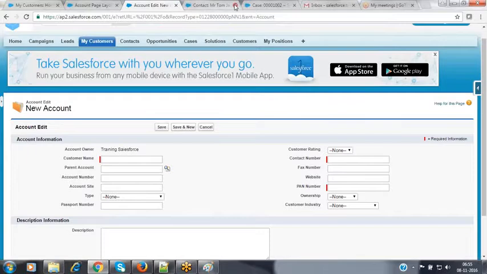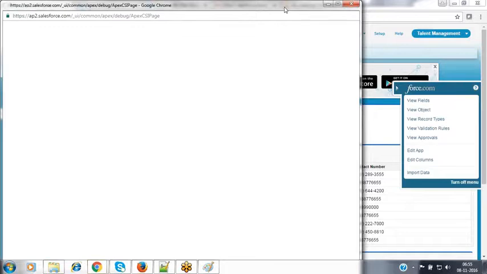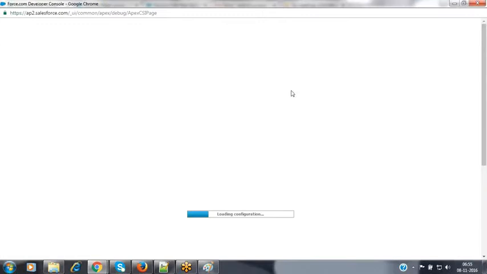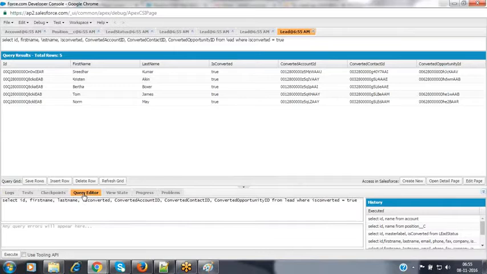Let's go to your Salesforce instance. Go to your developer console. I'm using my developer console right now. Click on developer console. You are aware of how to navigate to this. Go to that query editor. Now make a query here. Write that query: select ID, name, sObject type from record type.